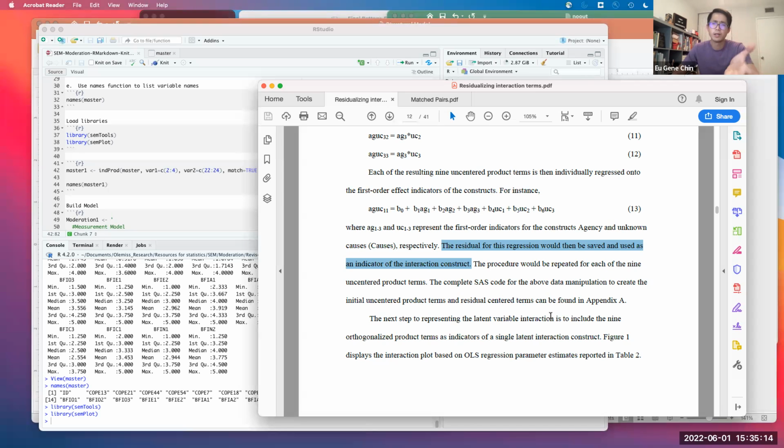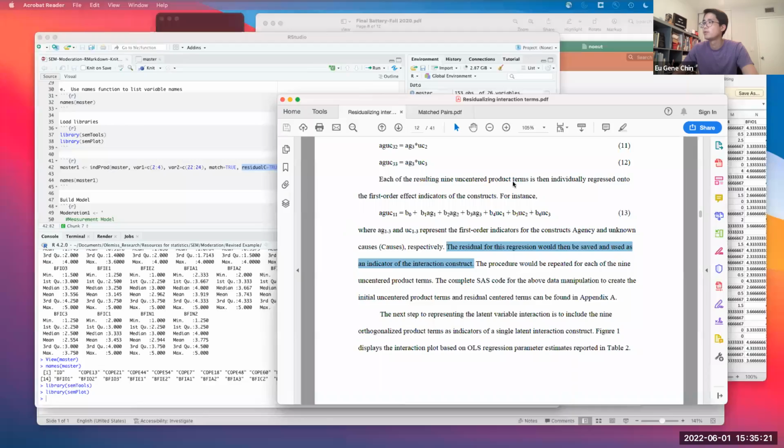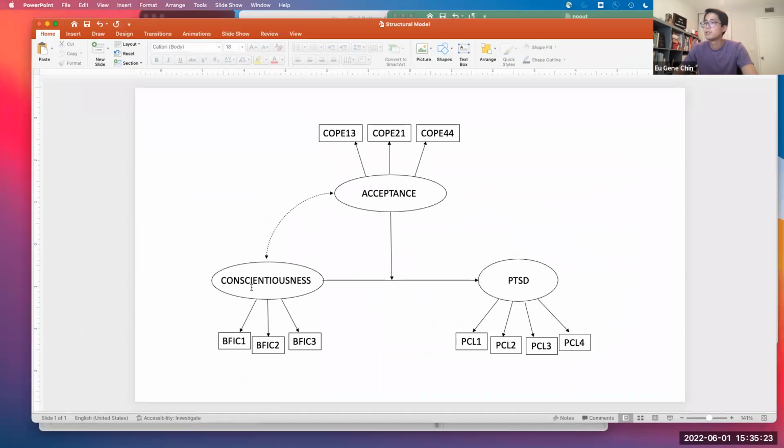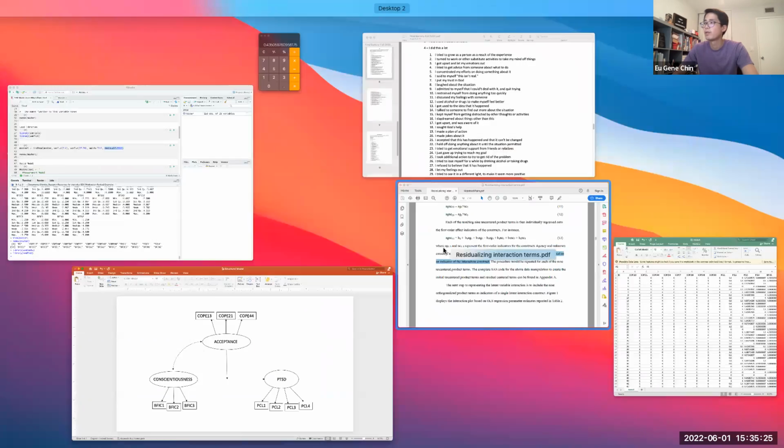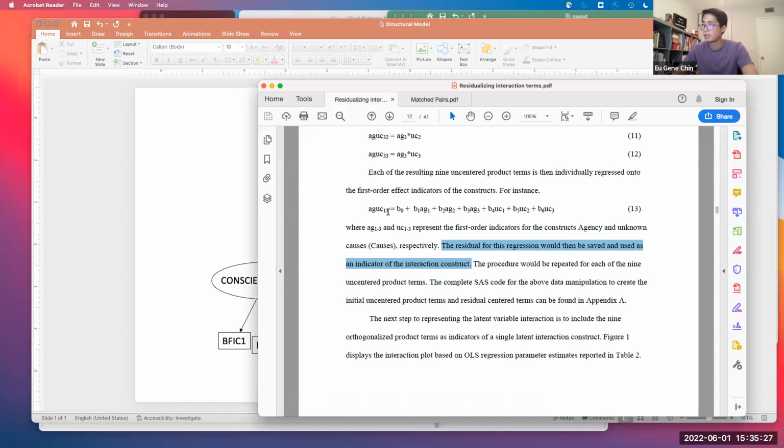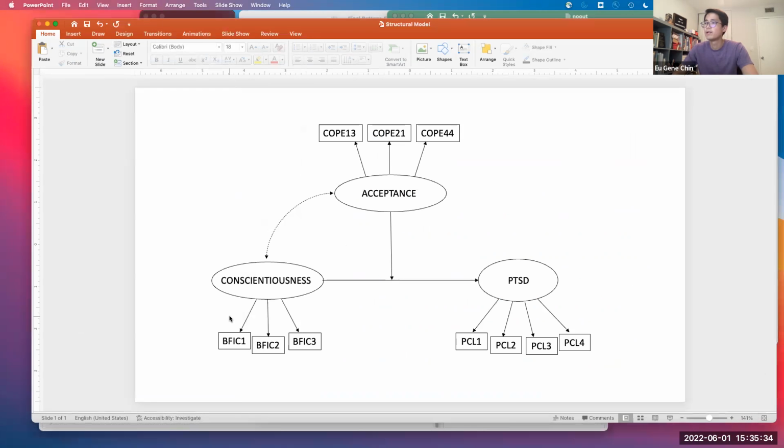And just to give you an intuitive sense of what's going on, for every product term, let's say, for example, we multiply COPE13 and BFIC1, we are going to regress that on the first order effect indicators of all of the constructs. So BFIC1 multiplied by COPE13 is going to be regressed on COPE13, COPE21, COPE44, BFIC 1, 2, and 3.